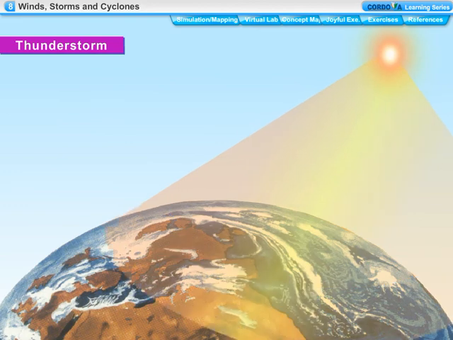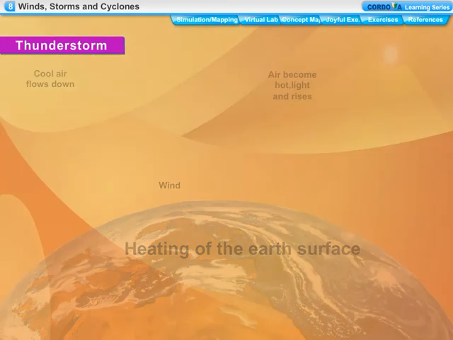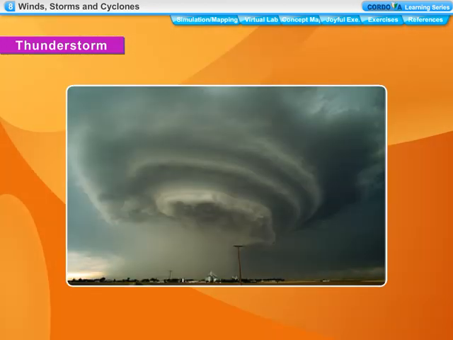The sun heats the surface of the earth. The hot surface of the earth warms the air in contact with it. The warm air, being lighter, rises up, creating a low-pressure area. And cool air rushes in to take its place in the form of strong winds. If the air carries enough moisture, the moisture condenses when it comes in contact with colder air and forms clouds. We know that water vapor loses heat